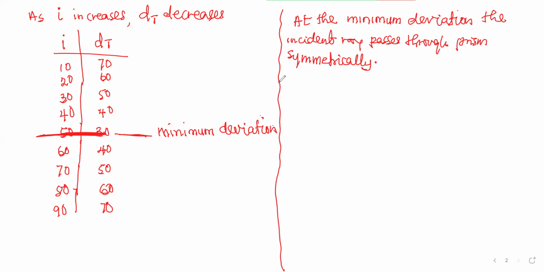So that is the first thing which happens at the minimum deviation. In objectives, you can be asked what happens to the incident ray at the minimum deviation. Then the possible answers can be this: the incident ray passes through the prism symmetrically. That is one. And two,